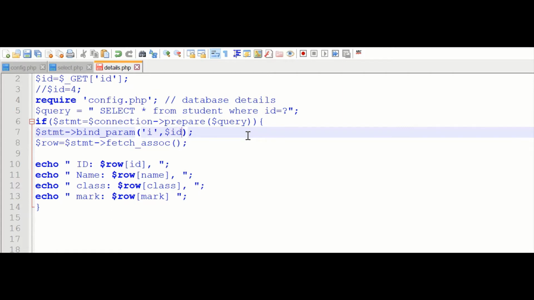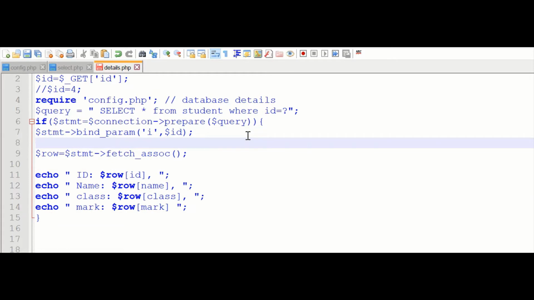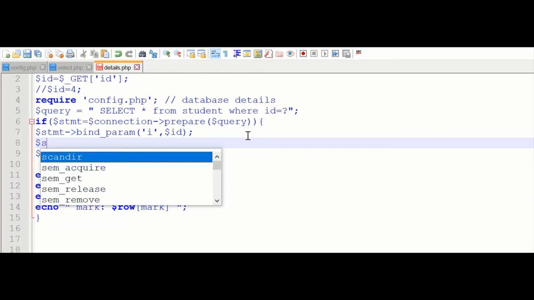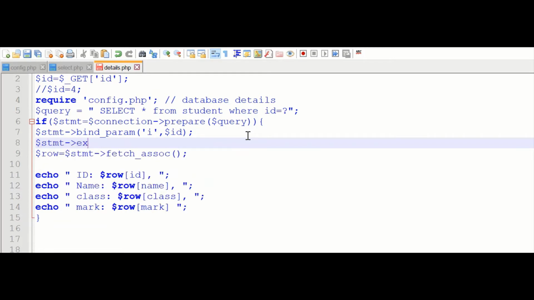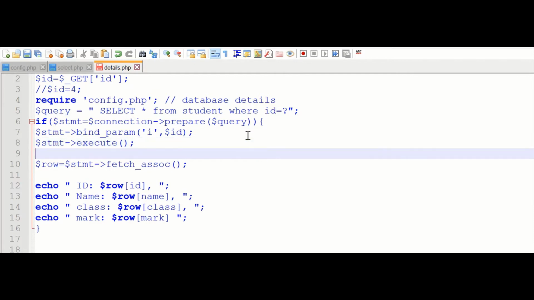So here you can give the parameters sequentially. All the details about the prepare statement are available on the site. You can download the source code of it. Okay, with this we can execute the query. So let us execute. Now to our database, the parameter and the query will travel separately. So the chance of directly executing is eliminated. That is why it is better to use a parameter whenever we are using any value taken from the outside or from the address bar.